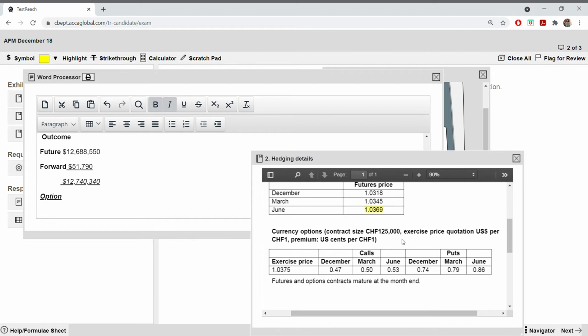If you go by the method which I have taught you, for a foreign receipt, it's a call. But just look at the contract size. If this was in dollar, then you can pick call, because by the normal rule receipt is call. But here we cannot go by the call option for receipt. That's why it's important to go by the other method. The second method is you have to see the currency, the contract size. If this was in dollar, yes, you can go by call option. But this is in Swiss franc and you are selling Swiss franc, so it's a put option.